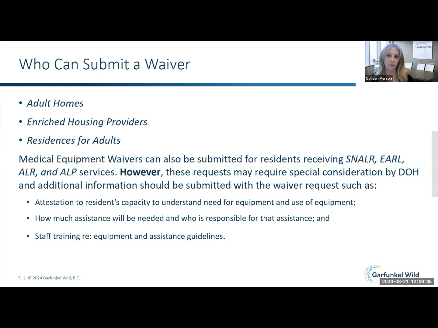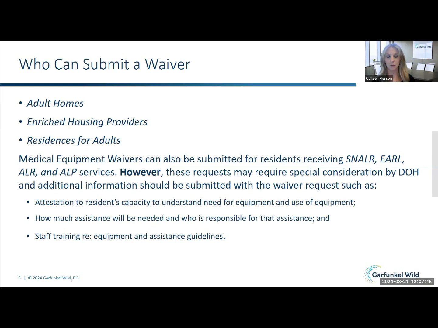However, because the residents require a higher level of care, you will require special consideration by the Department of Health for that request. And while the department always has permission to request additional information from you for any waiver request you submit, they will be looking for additional information to be submitted with your waiver requests for these ALP and ALR residents, because